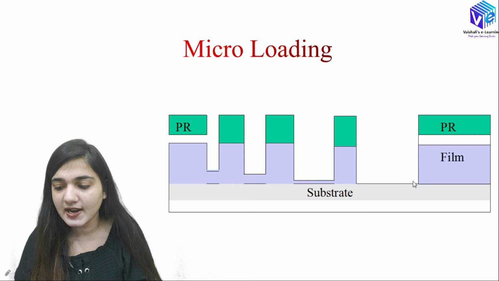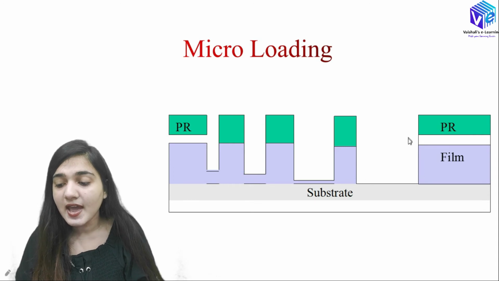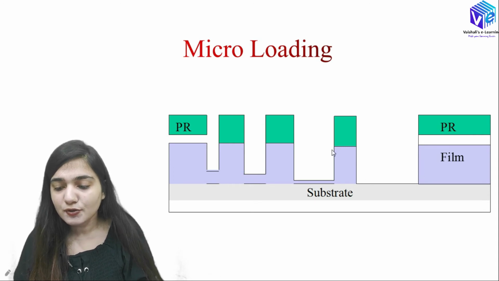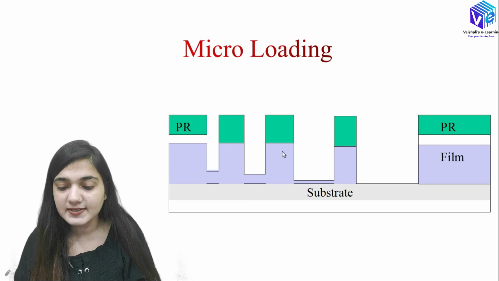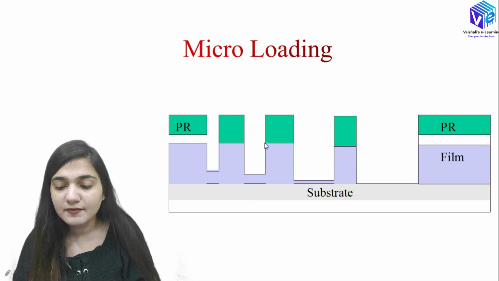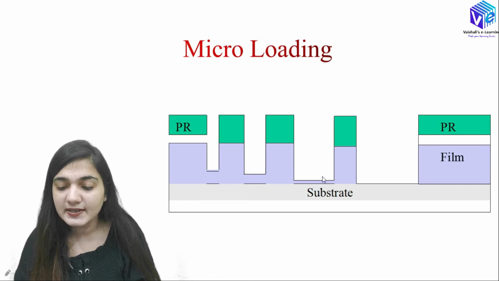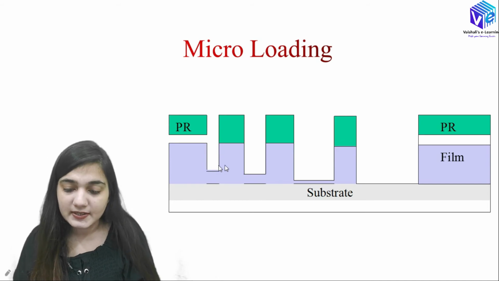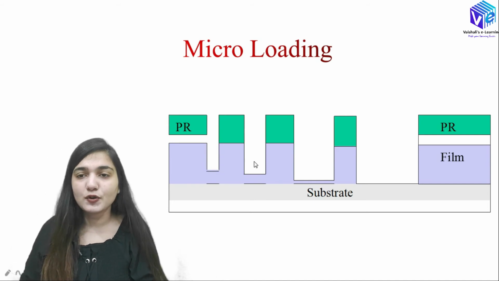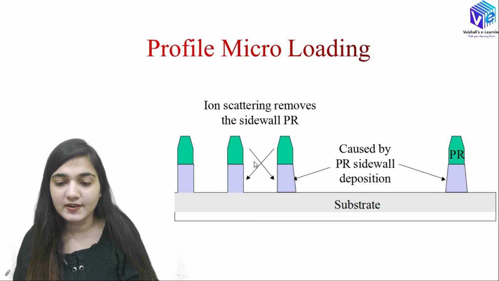So here we have the largest feature size, you can see the etch rate is faster. Here we have the smaller feature size, you can see we have not completely removed this material, we have some layer left here. So it is done at the same time. The time interval for all of them is the same, and here you can see we have not removed the material, and here we have removed only a little material as compared to here. Okay, so this is the micro loading effect.